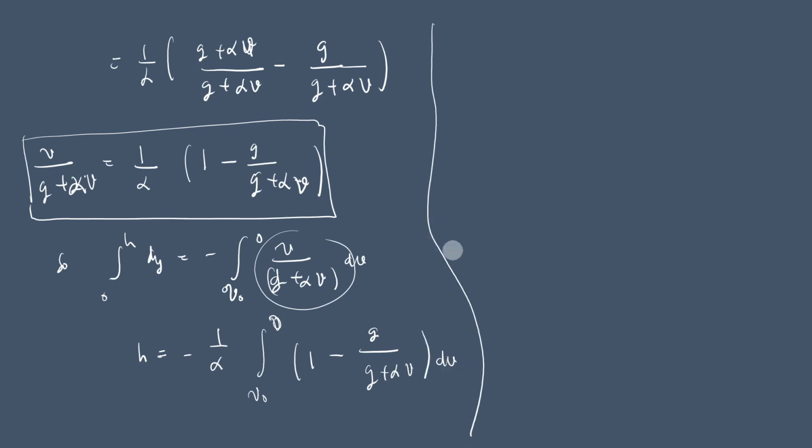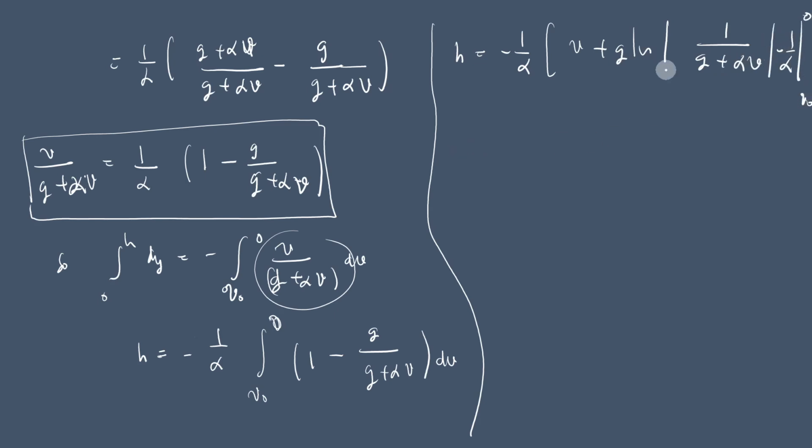And then from the integral process we get h equals minus 1 divided by alpha times [v plus g ln(g plus alpha v)] times 1 over alpha from v0 to 0, and we substitute v by v0 and 0. So we get h equals minus 1 over alpha times [minus v0 plus g ln((g plus alpha·0) divided by g)] times 1 over alpha,